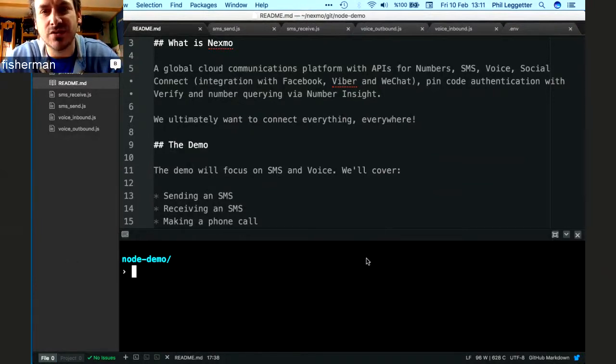We offer APIs for provisioning phone numbers around the world, sending and receiving text messages, and making and receiving phone calls. We have a chat app or social connect API for integrating with Facebook, Viber, WeChat, and probably more to come. We have an API specifically for building two-factor authentication or one-time password workflows. We call that Verify. We've an SDK for that for mobile, for Android and iOS, and an API called Number